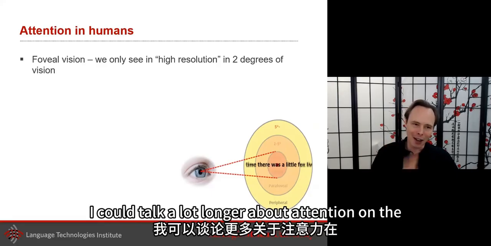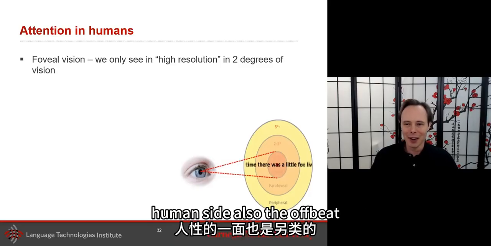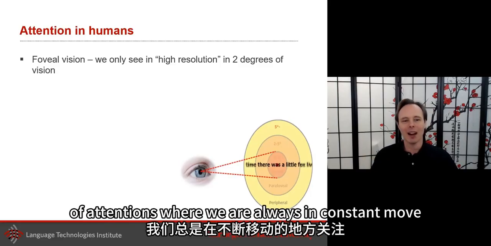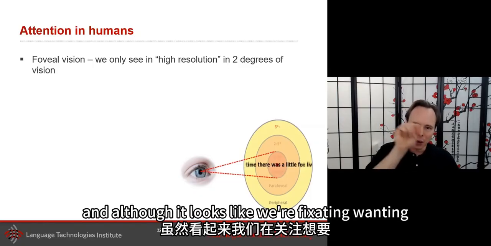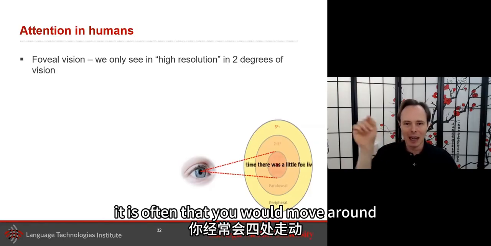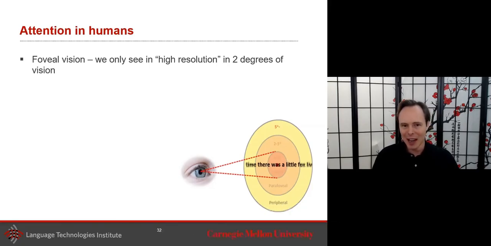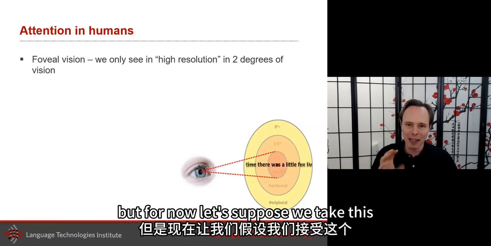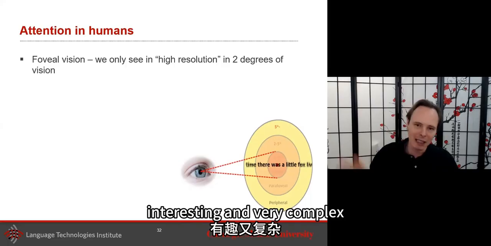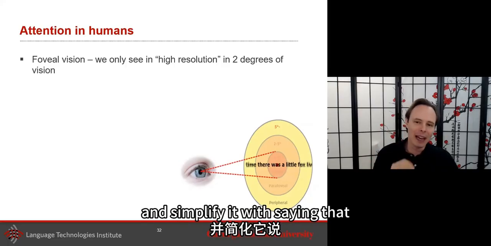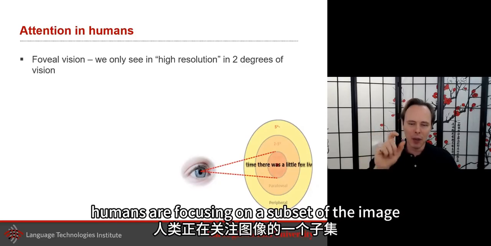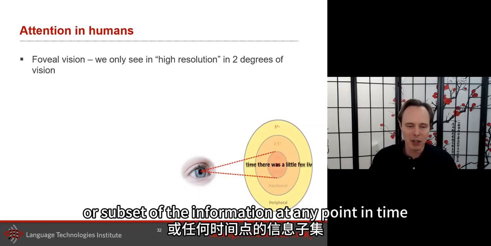I could talk a lot longer about attention on the human side, also the offbeat of attention, where we are always in constant move. Although it looks like we're fixating on one thing, it is often that you will move around, and that's a very interesting aspect of human attention. But for now, let's take this very complex aspect of human vision and simplify it by saying that humans are focusing on a subset of the image or subset of the information